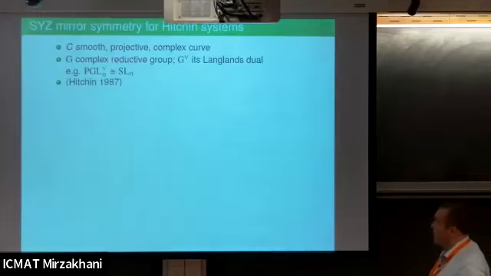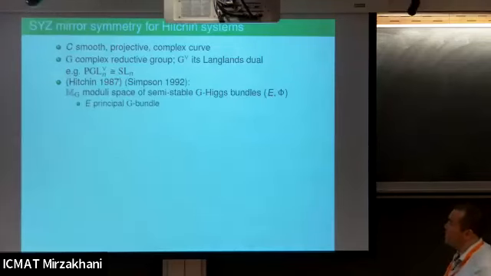And then Nigel, a long time ago, constructed in a gauge theoretical way the moduli space of stable, semi-stable Higgs bundles, and then by algebraic geometrical methods the construction was given by Simpson. And this moduli space will be the main player. This will be one of the Calabi-Yaus. Okay, and I will say a few words at this point about what a Higgs bundle is. I'm sure most of you have seen it.